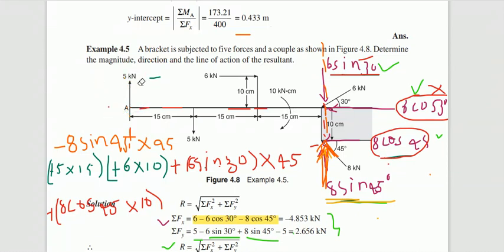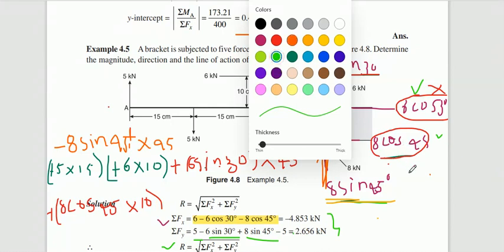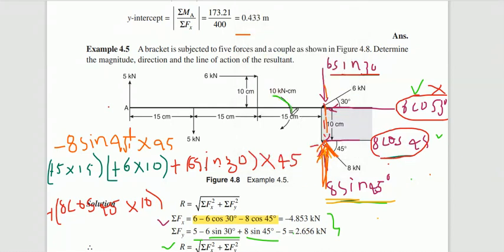So next, what do you have to consider now? Another moment is also given, that is 100 kilonewton centimeter. That also you have to add along with these. Which direction is it? Clockwise. Therefore, along with this you have to add plus 100. So this is how you take the moment at different points. Is it clear how to take the moment? Yes, ma'am. Have you understood, all of you? Yes, ma'am.